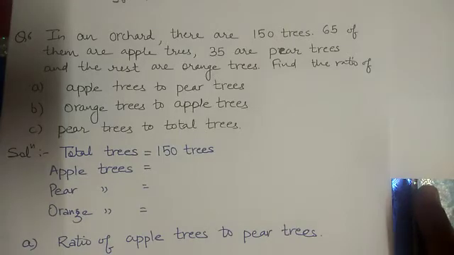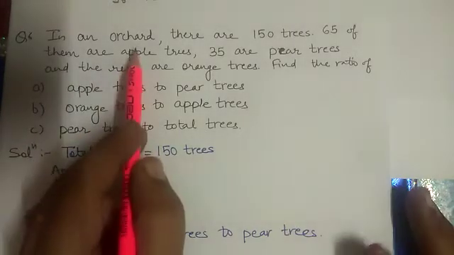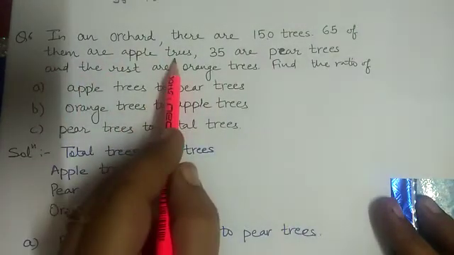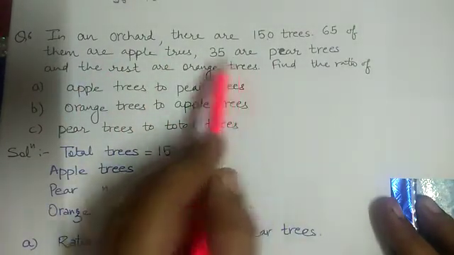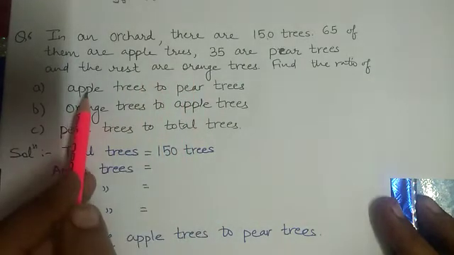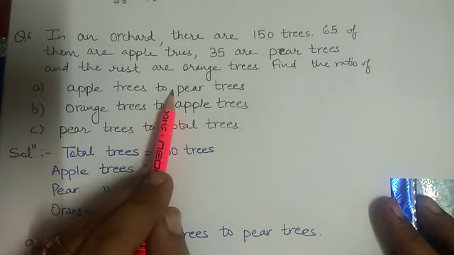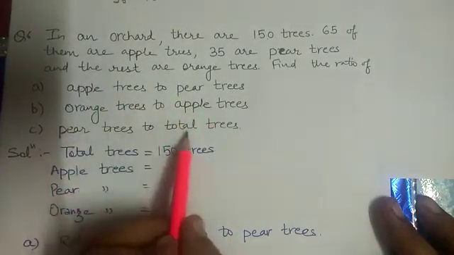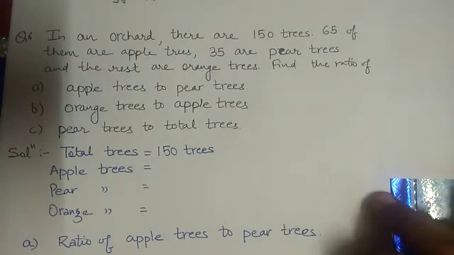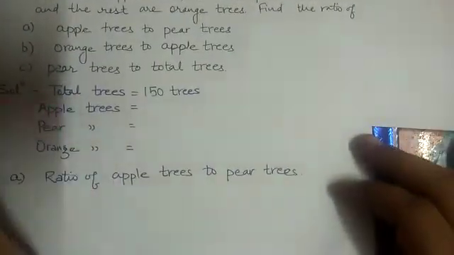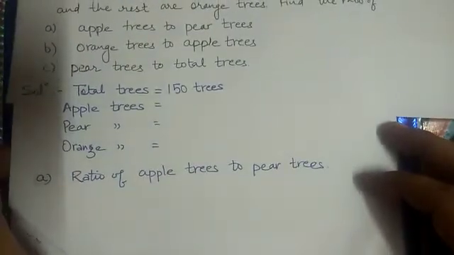Question number 6. In an orchard there are 150 trees. 65 of them are apple trees, 35 are pear trees, and the rest are orange trees. Find the ratio of apple trees to pear trees, orange trees to apple trees, and pear trees to total trees. We are not given the value of orange trees, so first of all we will find that total trees are